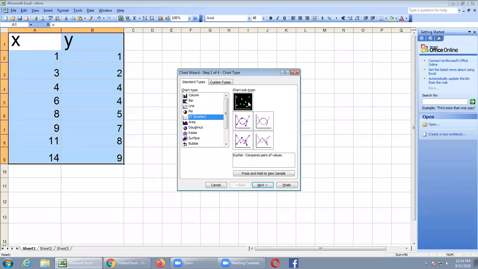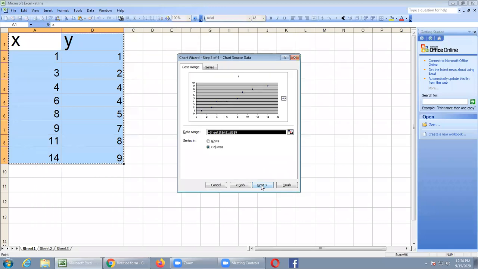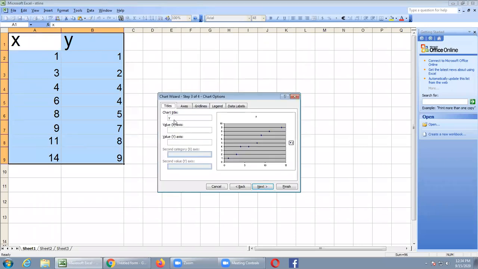And first chart subtype. And press next button. Again press next button. Then it is asking what is the title of the chart. Title of the chart is straight line.